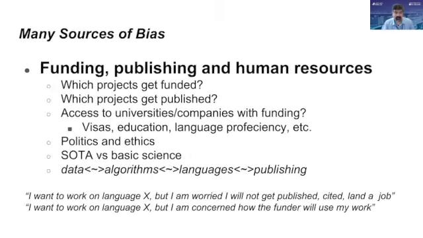Okay, is it research quality and quantity? Is it the market? I'll quickly say a couple of words. Of course, this is again connected to funding, publishing, and human resources, and who funds what. Again, it's another variation on the power in society. For the longest time, when you look at the history of publications on Arabic language processing, there was always stuff going on for the last 20-something years, but at some point after 9/11, these numbers shot up, and most of it was because of funding in the US and places like DARPA that funded research on Arabic, of course, for political reasons.